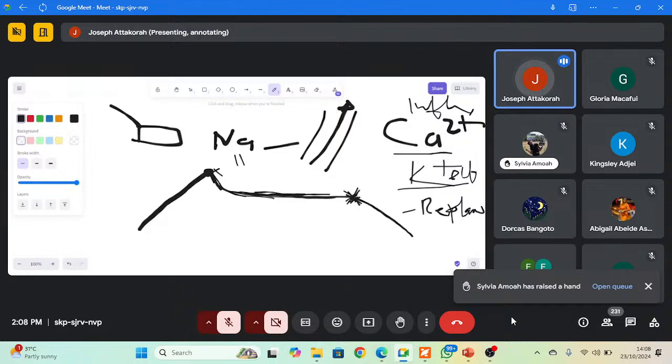So potassium efflux will give us the repolarization. Movement of potassium from within to the outside will give us the repolarization. So the action potential of the myocyte, when a myocyte gets energy,